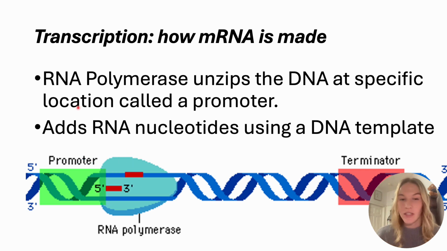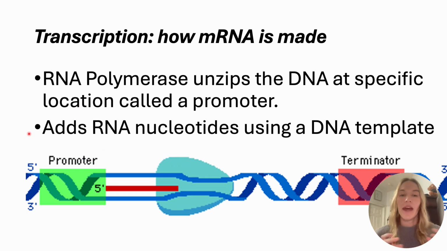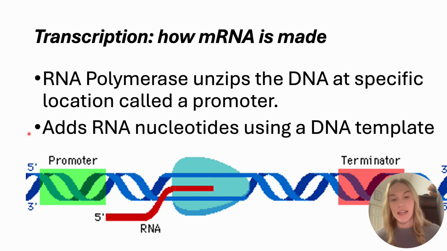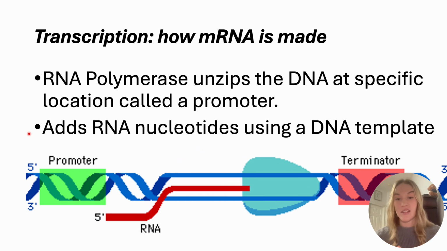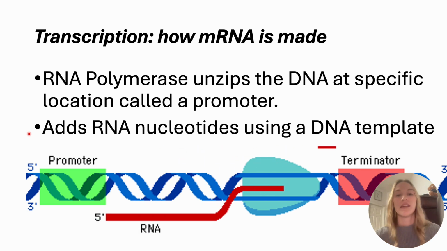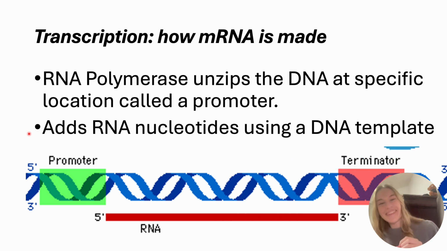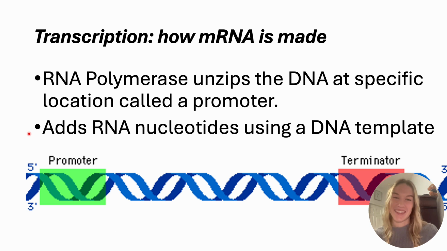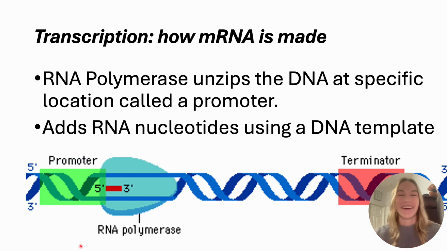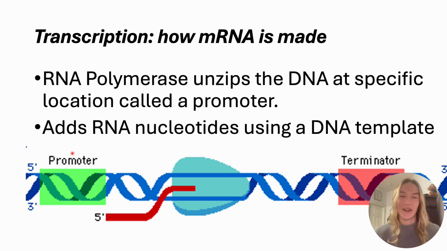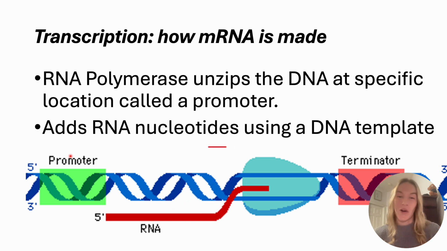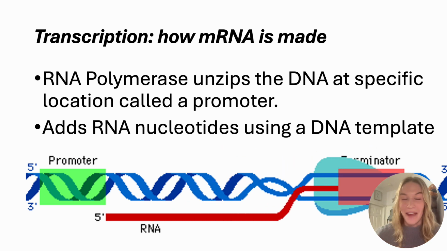The more important bullet here is the second one. It is going to add RNA nucleotides using a DNA template. And RNA polymerase is just this massive, really cool enzyme that does a really good job. If you want to go a little more detailed, which is definitely beyond the scope of this class, the RNA polymerase that we're talking about here is a DNA-dependent RNA polymerase. Some viruses have an RNA-dependent RNA polymerase, and that's a pretty fun little fact.